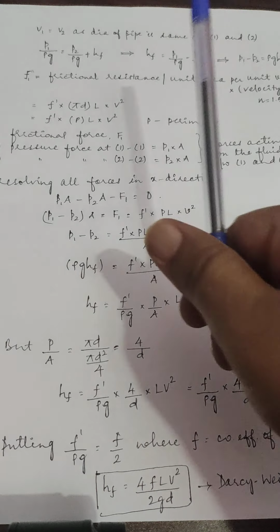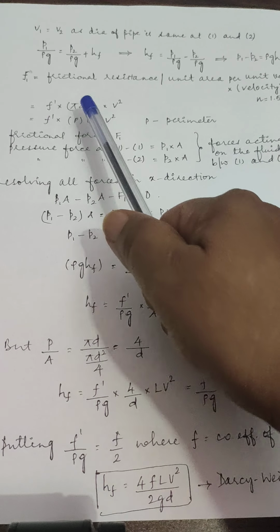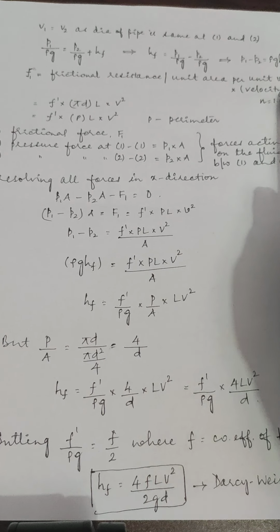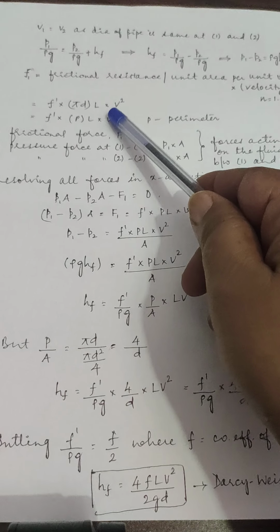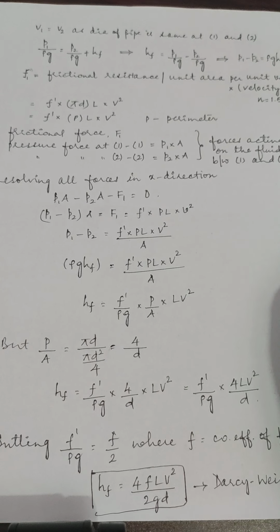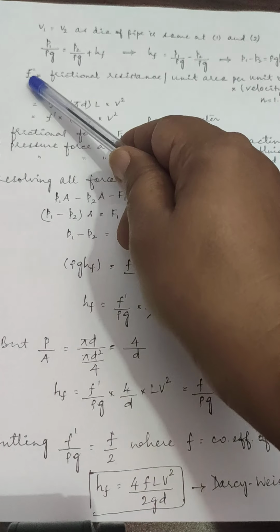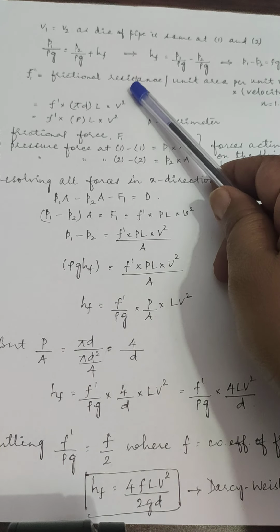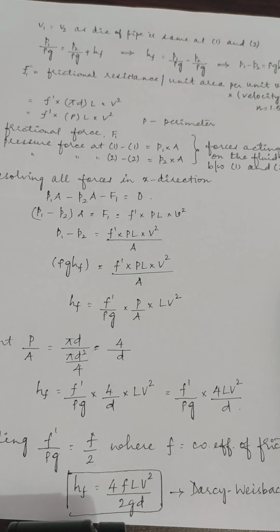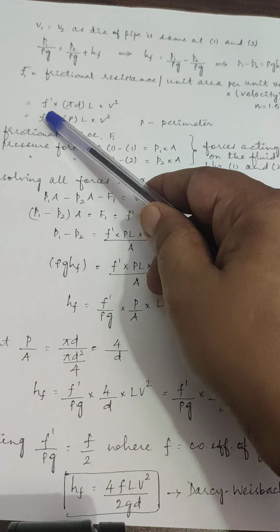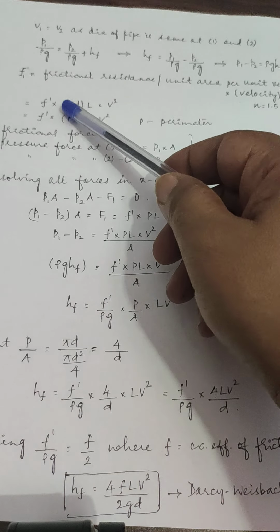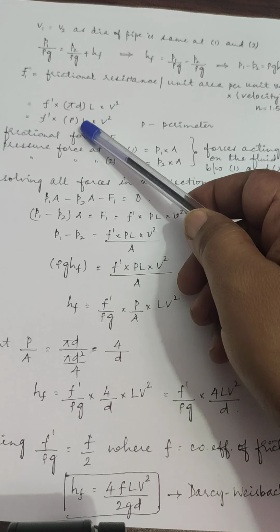So that is given by pi into d, and the length of the pipe between the two sections 1 and 2 is taken as L, into velocity to the power of n. So that is the value of n. I am taking the maximum of 2 here. So finally I can write that my frictional force is directly proportional to frictional resistance into velocity square. So F dash, frictional resistance, into, as I said earlier, pi d is taken as the perimeter, into length